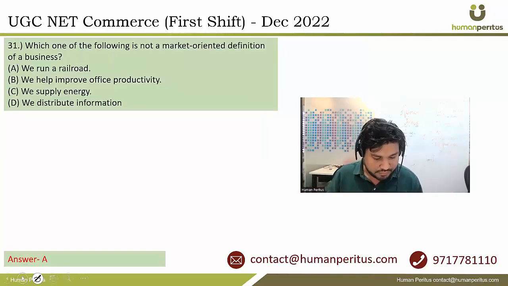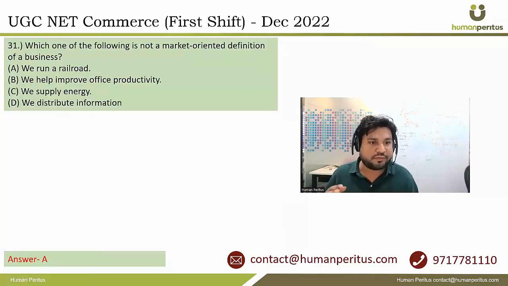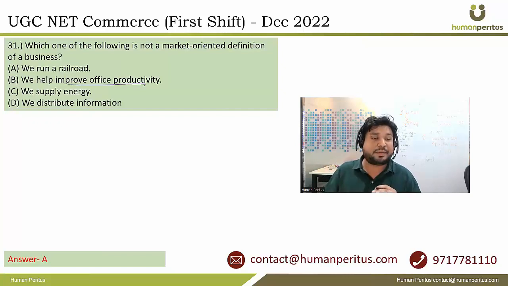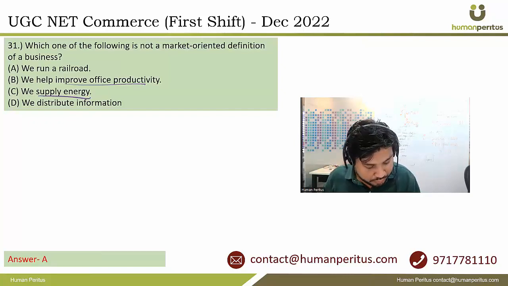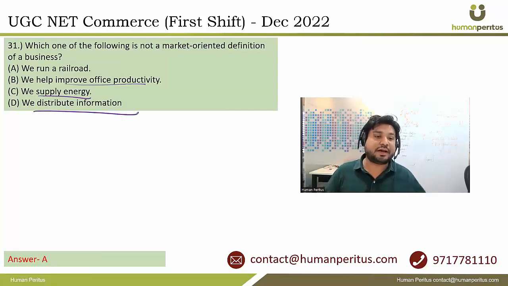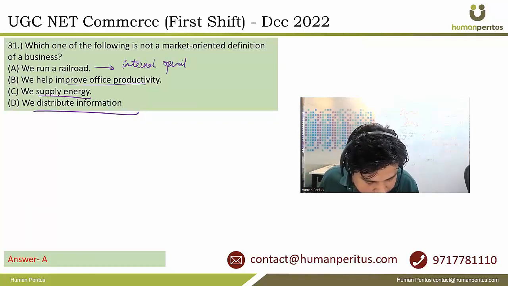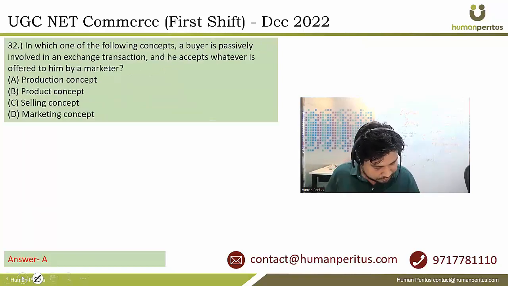और ऑप्शन बी इसका सही आंसर हो जाएगा। नेक्स्ट इज विच वन ऑफ द फॉलोइंग इज नॉट अ मार्केट ओरिएंटेड डेफिनेशन ऑफ बिजनेस। मार्केट ओरिएंटेड डेफिनेशन माने आप मार्केट को कुछ बता रहे हो। तो अगर आप ऑप्शन बी देखोगे, वी हेल्प इंप्रूव ऑफिस प्रोडक्टिविटी, यहां पे भी आप कुछ बता रहे हो। वी सप्लाई एनर्जी, यहां पे भी कुछ बता रहे हो। वी डिस्ट्रीब्यूट इंफॉर्मेशन, ये भी आप मार्केट में बता रहे हो। वी रन अ रेल रोड, ये थोड़ा सा इंटरनल ऑपरेशन है, और एलिमिनेशन से आप समझ जाओगे कि यही इसका सही आंसर है। तो ऑप्शन ए इज द राइट आंसर।